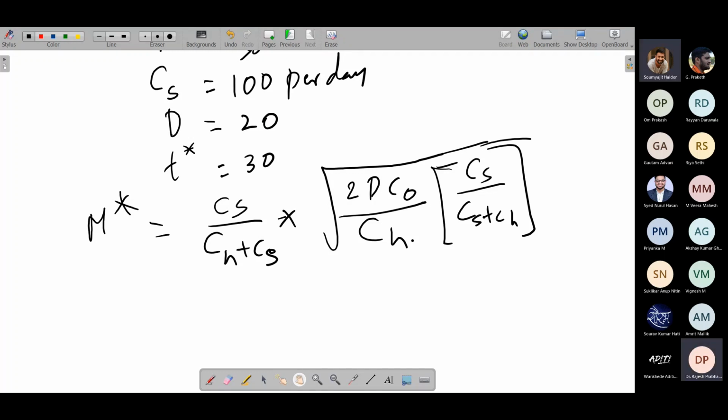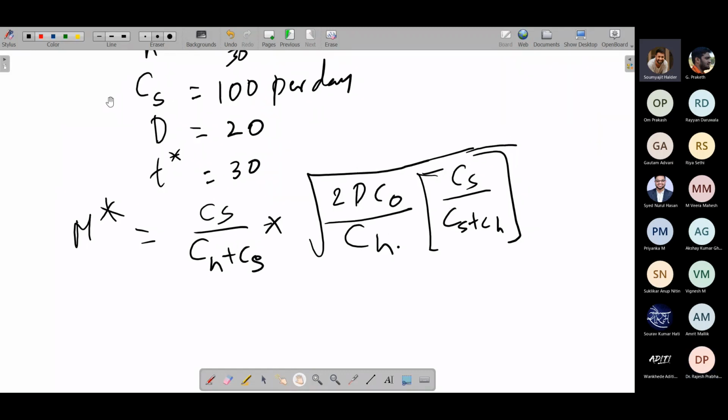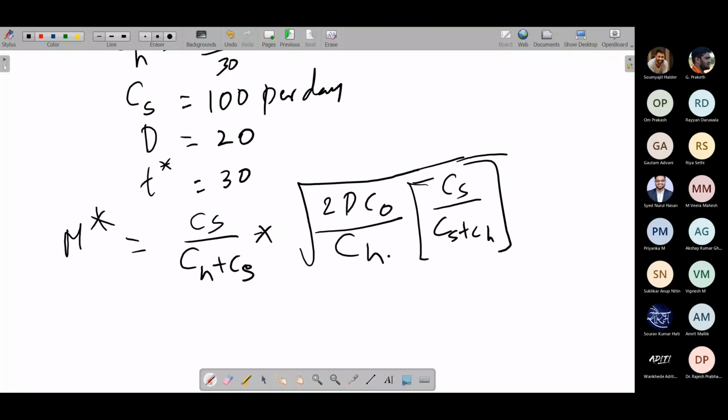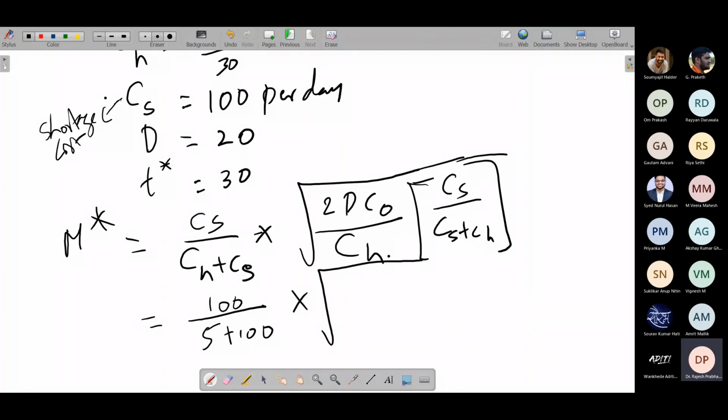CS is the cost of shortage, right? So if you solve this, CS is 100 by 5 plus 100 into root of 2 into 20 divided by